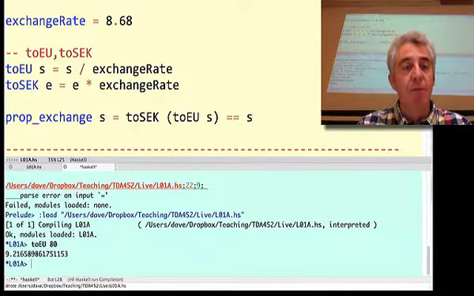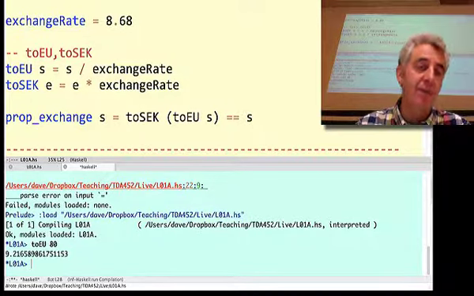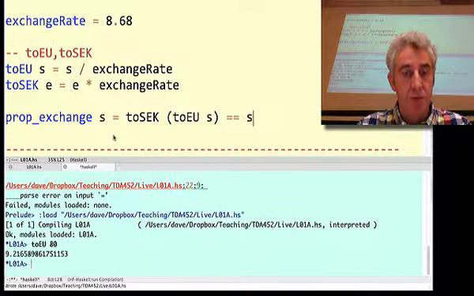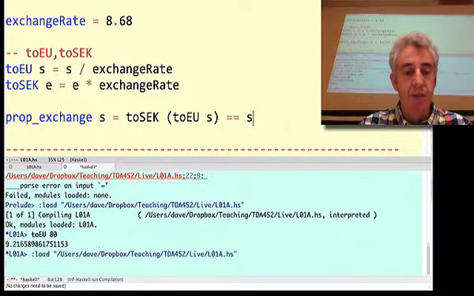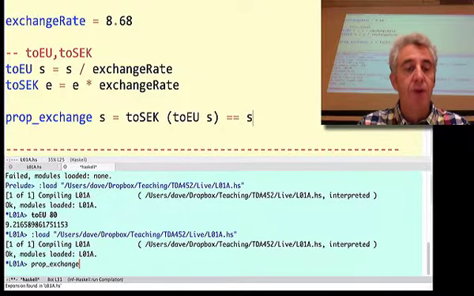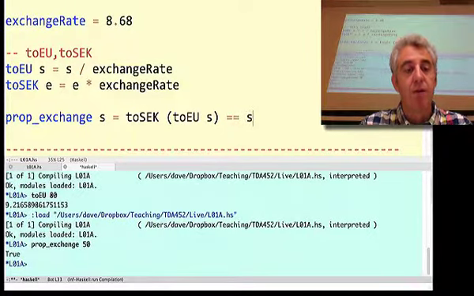So that's an example of, in this case, okay, it's not a very interesting test, but it is indeed a test. So let me just compile that, make sure I haven't made any syntax errors. So now I can test for these properties, my 50 crown example, and indeed it's true. It's true that if you convert 50 crowns to euros and back again, you get back to 50 crowns.